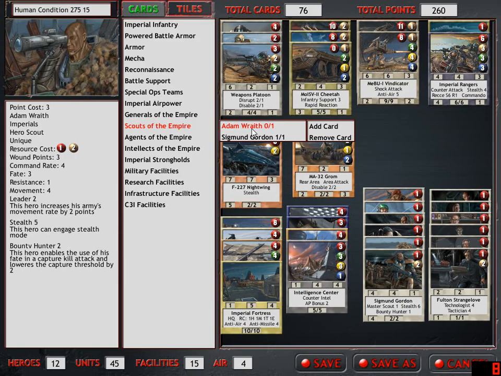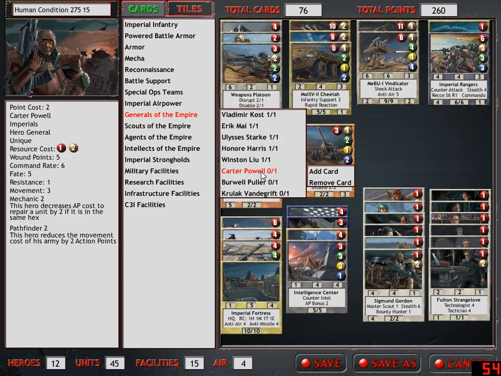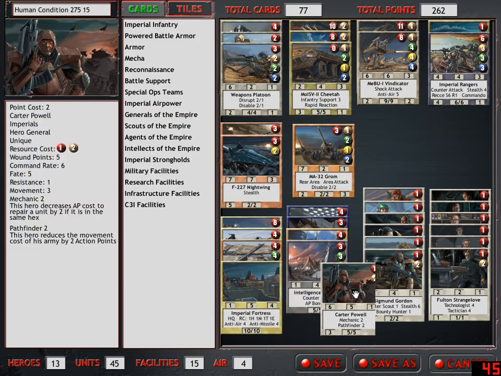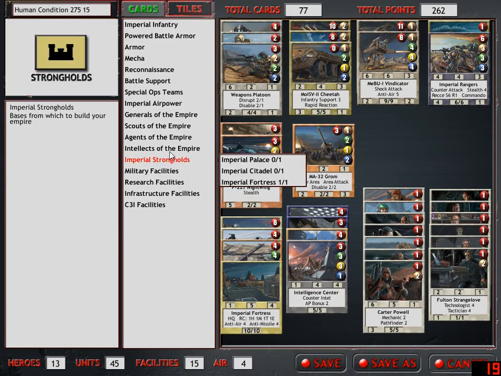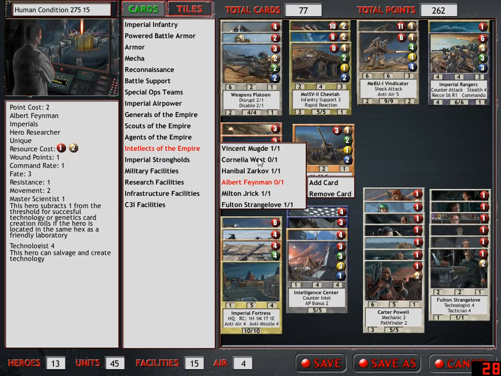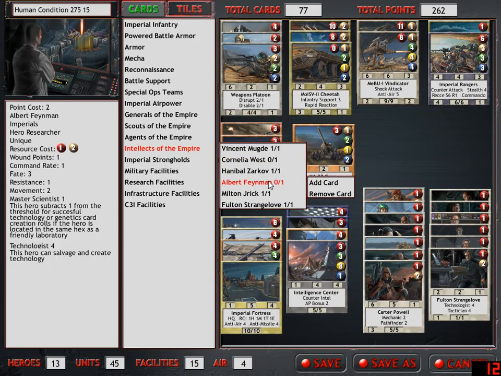Scout? We could add another scout, or we could add Carter Powell to the deck. Let's add Mr. Powell. And then... See, Cornelia herself doesn't do anything for our technology creation roles, but Albert does. We'll skip Miss Cornelia. And we'll add...